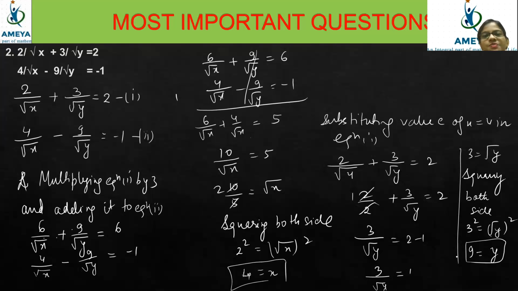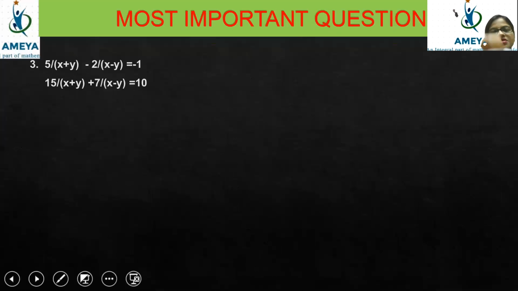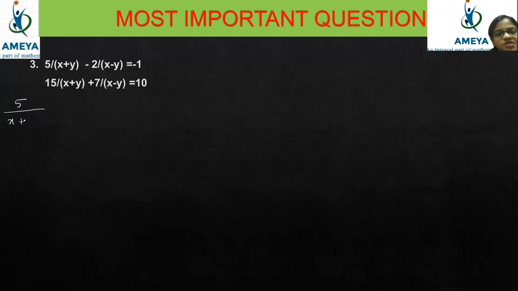So this shortcut method, instead of taking it as u and v and making things complicated, I think multiplying and doing it by this method is much easier. Okay. So now next question. See, you will yourself gain the confidence. Now this question is a bit different, 1 plus x by y. Now it is totally up to you if you want to change it or keep it, but I will prefer the easiest method.